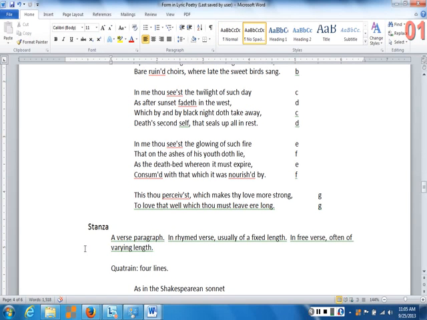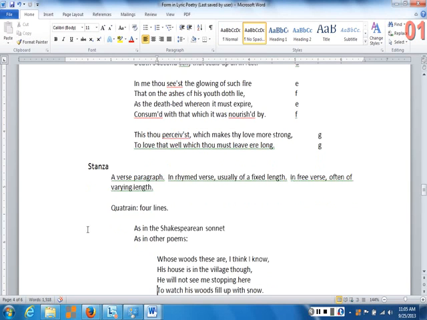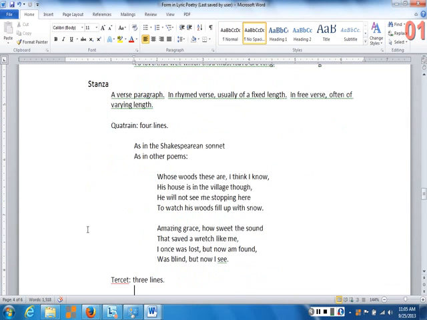Here it is. Okay, what is a stanza then? Stanza, if you think of it in comparison with prose, is like a paragraph. So let's call it, for ease of definition, a verse paragraph. And what I mean here is it is simply a grouping of lines. And the shortest group that you can have, obviously, of lines is two. You can have a 2-line paragraph, or a 2-line stanza, rather. Let's call them stanzas.